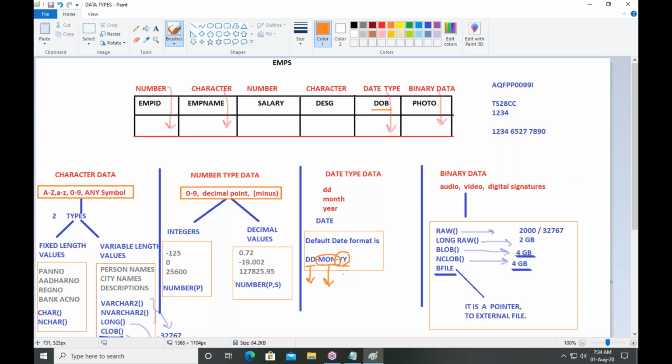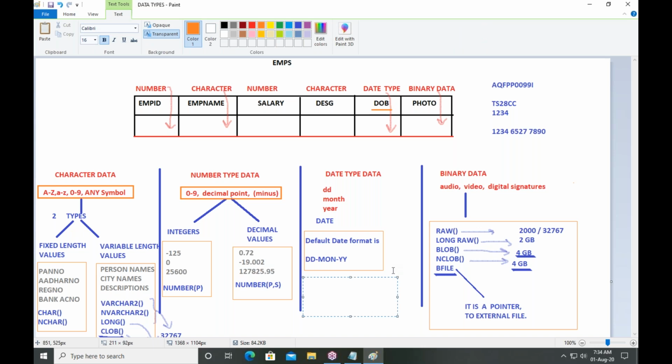Suppose you are writing a date value like this. According to Oracle date format, I'm writing a date value 2020 March 20. How can I understand this date?